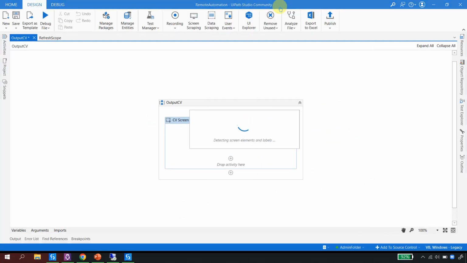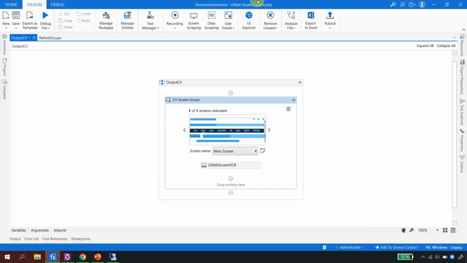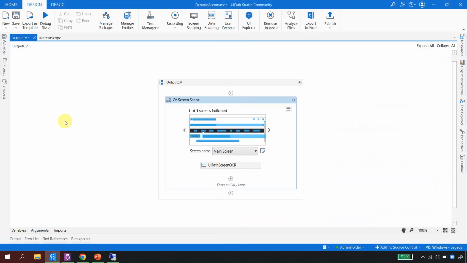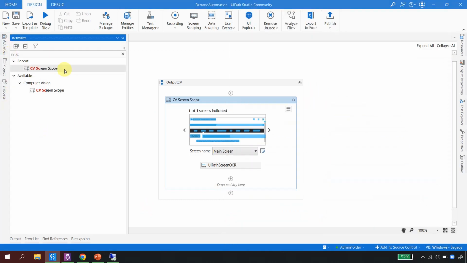Okay. If you notice, now UiPath is telling me that I have identified this thing, right? And you could notice that all the elements are now being identified, right? What is the next thing? The next thing is we want to get the text, right? So if I simply write here get text,